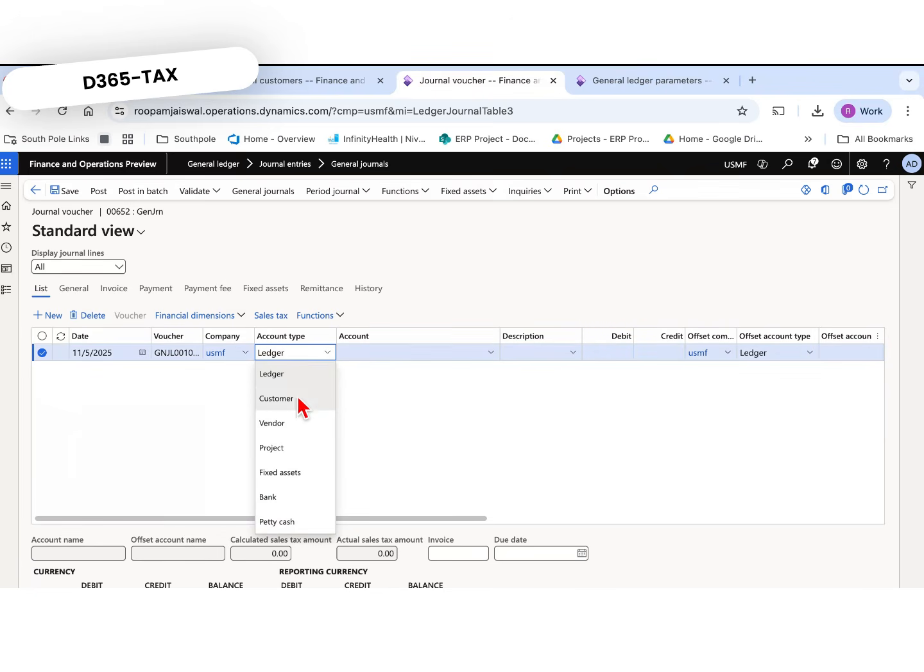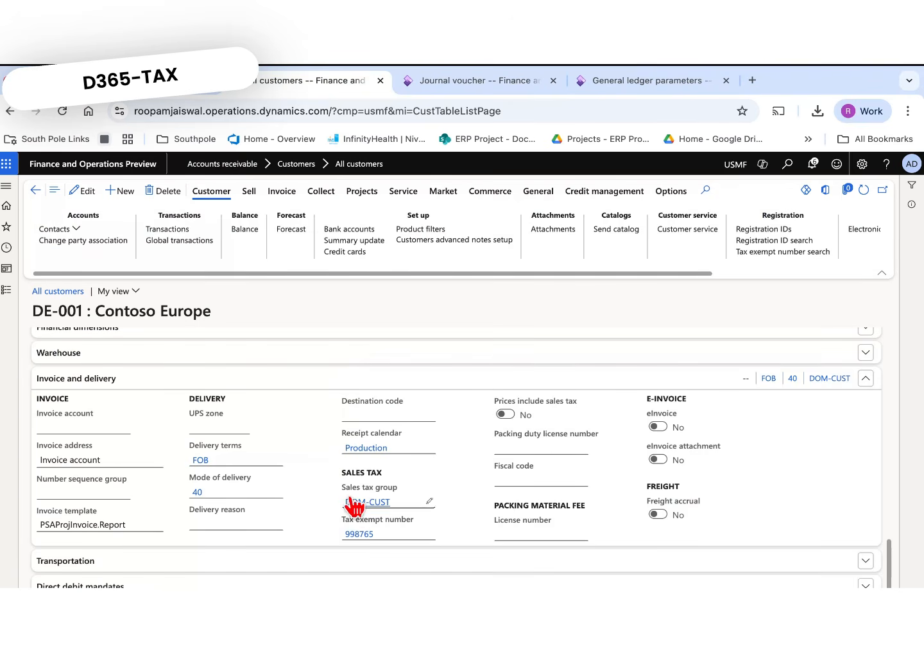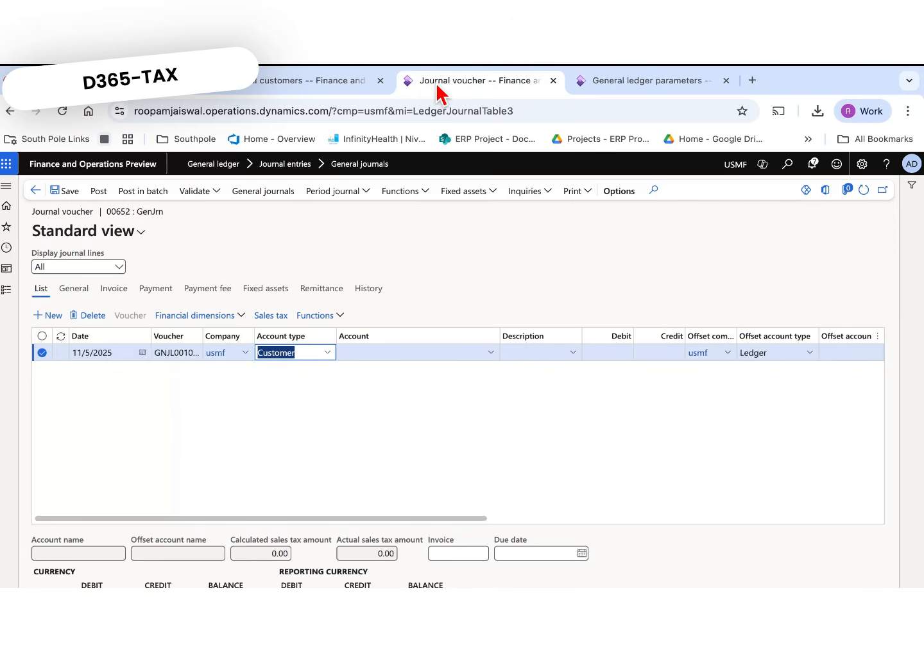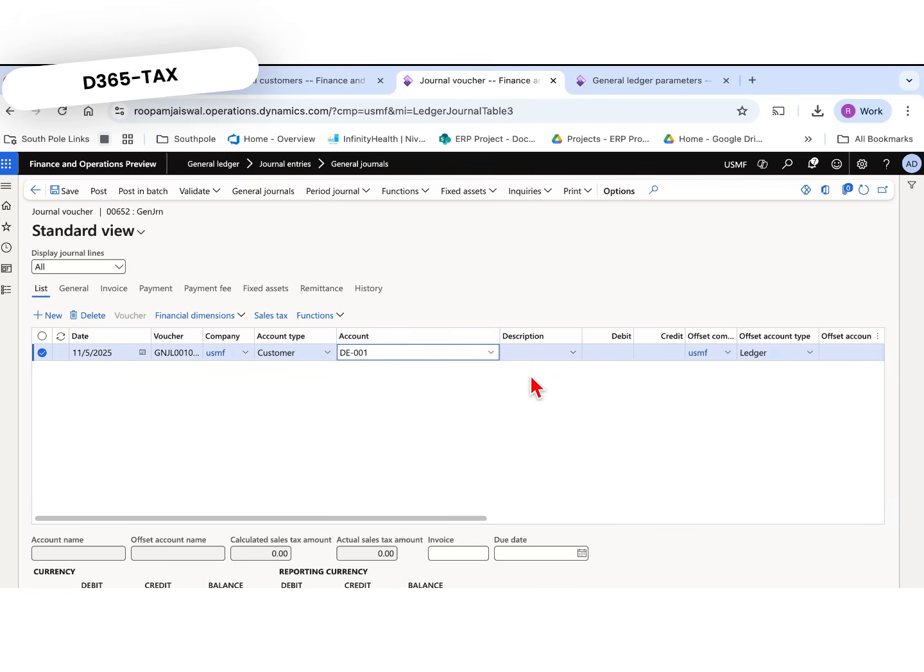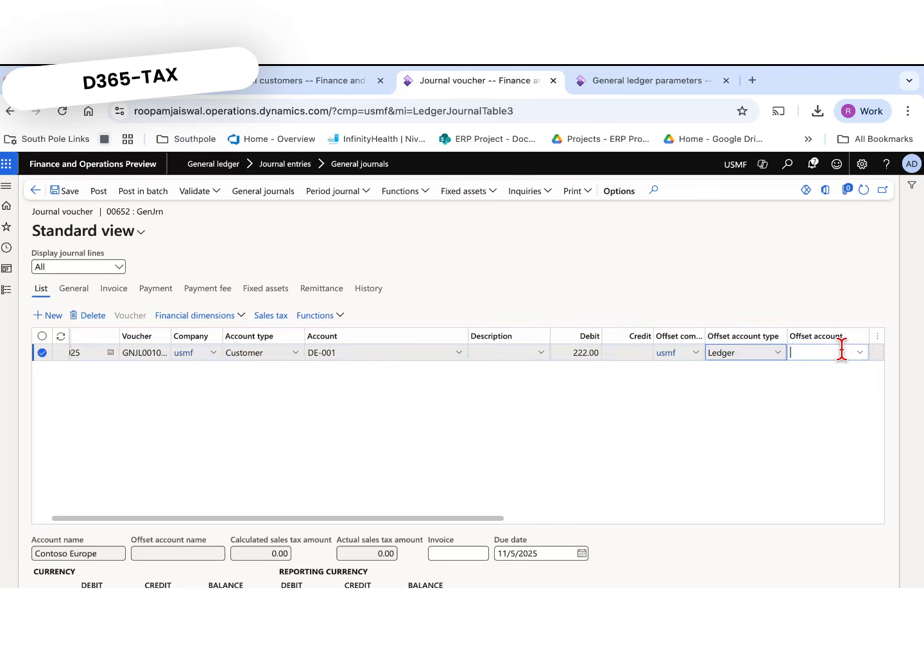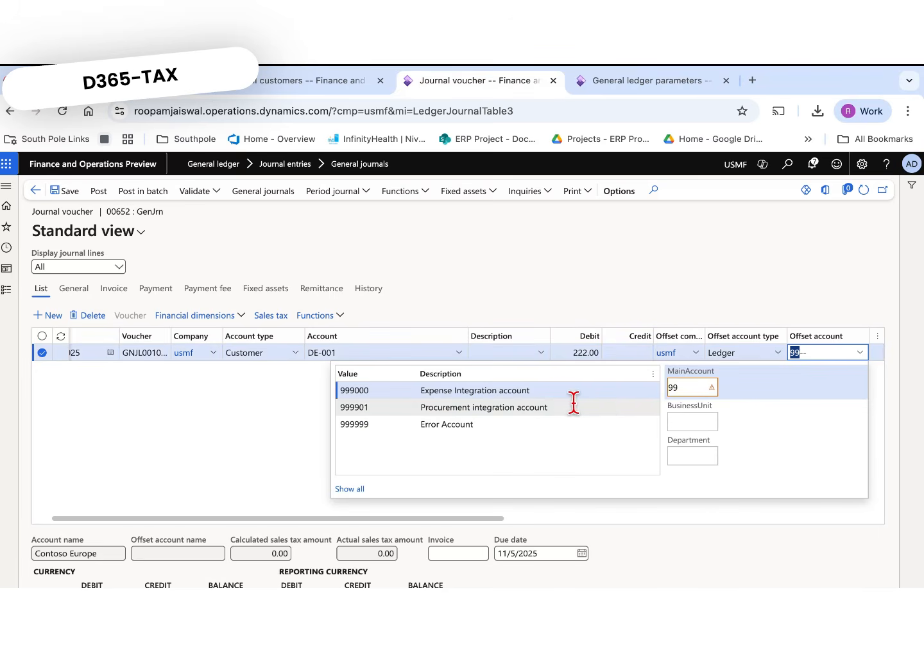So I'll go with the customer where we have a line, the tax group domestic customer, which is a counter, so Europe. So I will pick that account, or I can just select it from here. I give the value, and then I can provide any of the ledger offset account. I'll just type the account, maybe an expense account. I'll just provide the detail here,